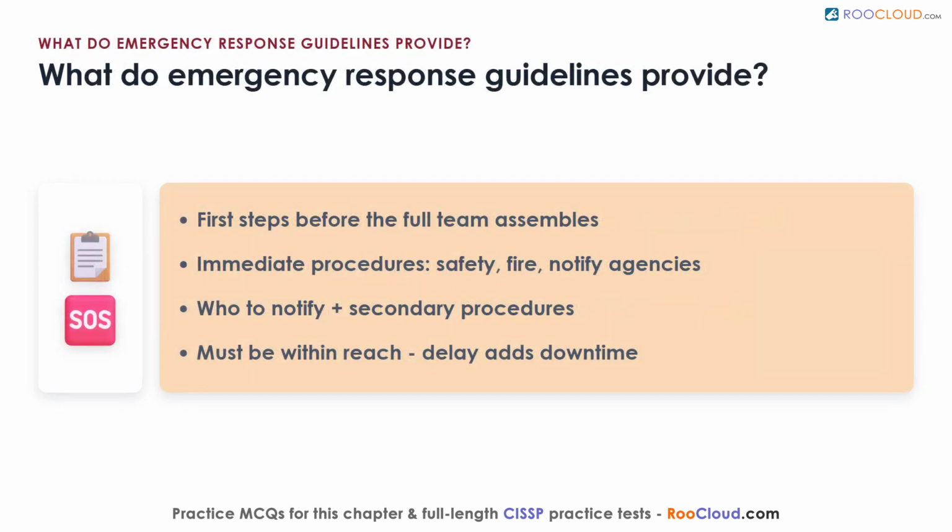What do emergency response guidelines provide? They give the first people to detect a crisis the exact steps to take before the full team assembles. The document should include immediate response procedures like safety, fire suppression, and notifying emergency agencies, a list of who to notify such as executives and team members, and secondary procedures for first responders to follow while waiting for the team